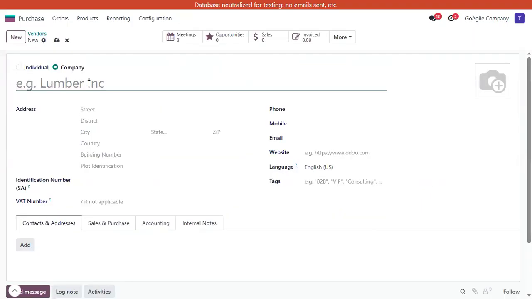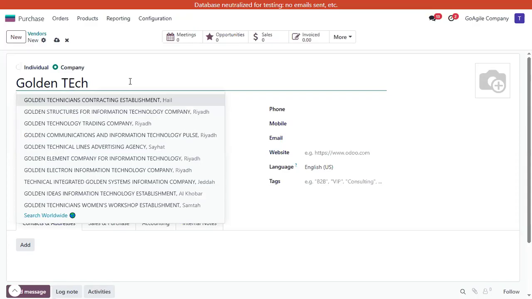the vendor name, and also Odoo gives two options, if the vendor is an individual or a company. So we are assuming that our vendor is a company. So I am creating Golden Tag. Okay, Golden Tag. And also when we type any vendor name, Odoo also gives us all the vendors which are registered. It also gives us options and suggestions if we are creating the vendor from these lists. But no, we are not creating the vendor from these lists. This is a new vendor, so we'll simply